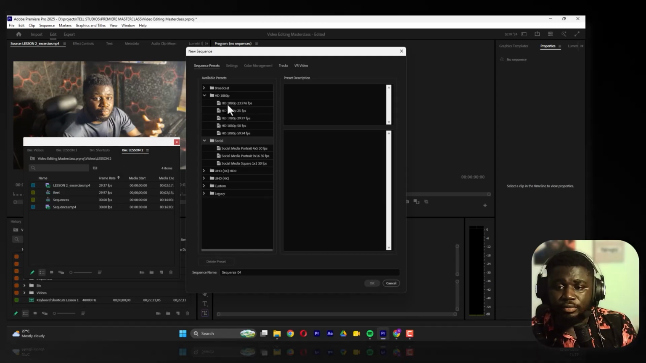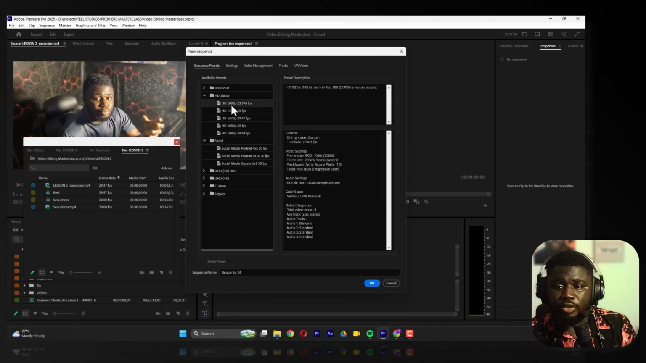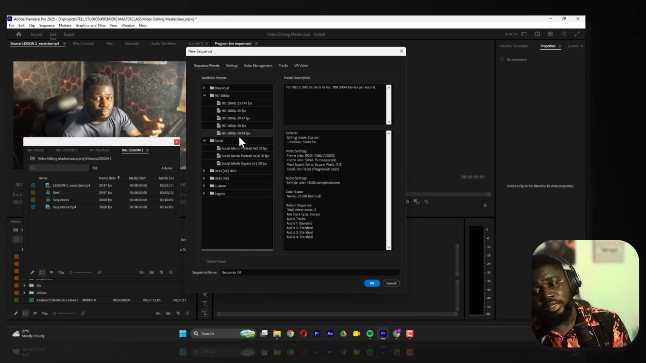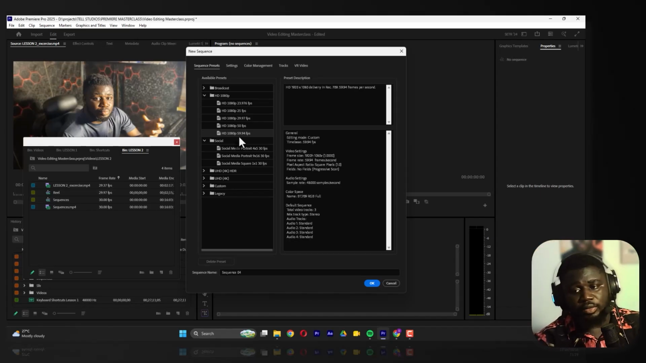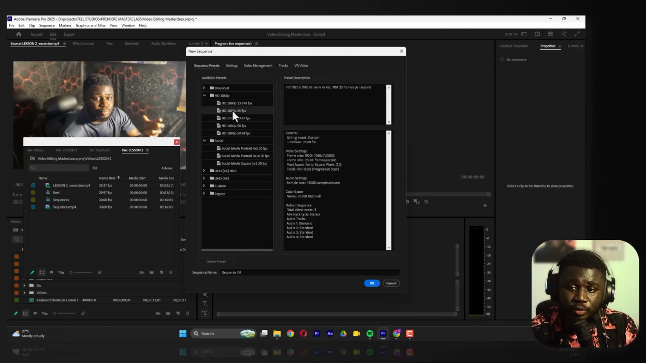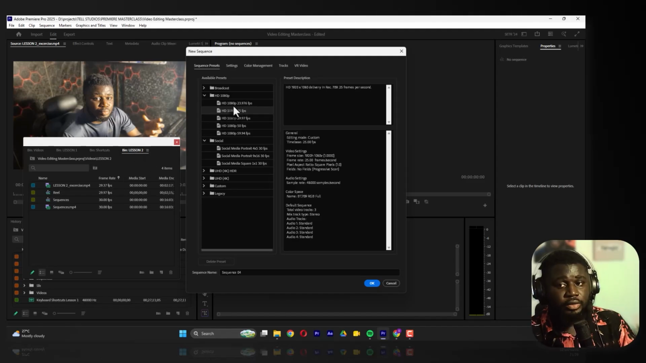I can do 1080 by 23.976. You have 25 frames, we have 29.97, you have 50, you have 59.94, which is also 60. So these are just different frame rates that Adobe gives us that we can use to create sequences. We can just select any of these ones. Now, if maybe 23.97 or 29.97 is not here, we can just choose the closest,